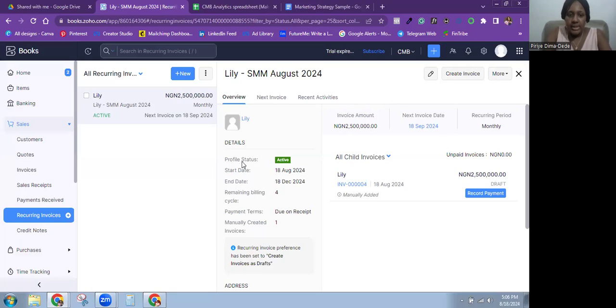So the profile status is showing as active. The start date is 18th August. The end date is 18th December. The remaining billing cycle is 4,